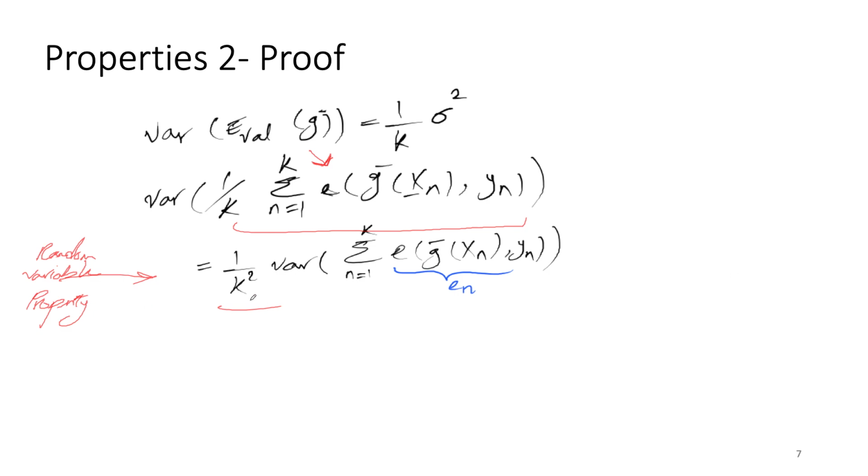It's going to be 1 over k squared var of the summation of points from 1 to k, your e's, and those represent, of course, your e_n. Since each of your e's from e1 up to ek are independent, right? Each with the variance of e_n sigma squared,